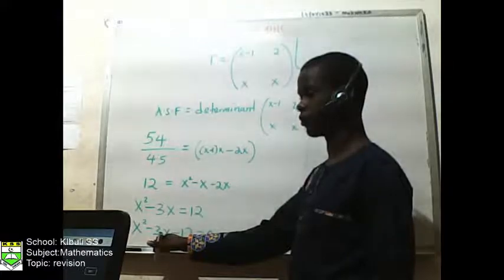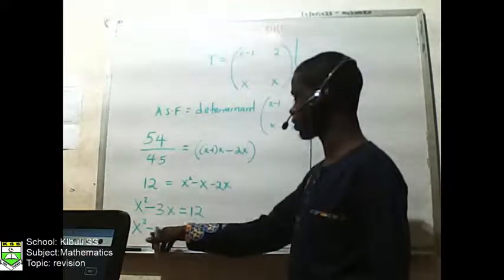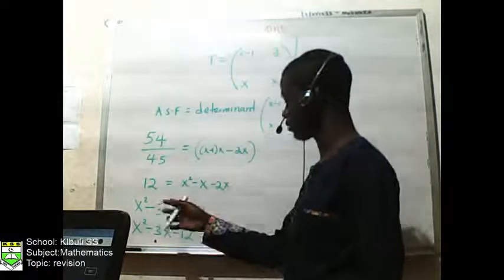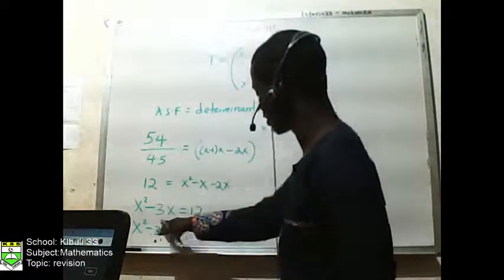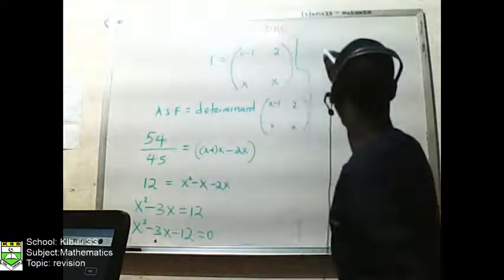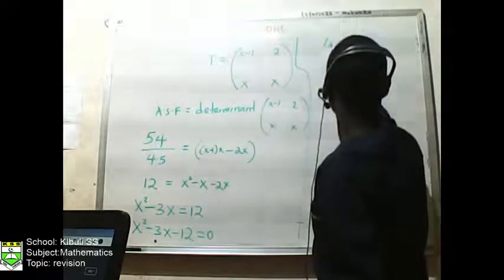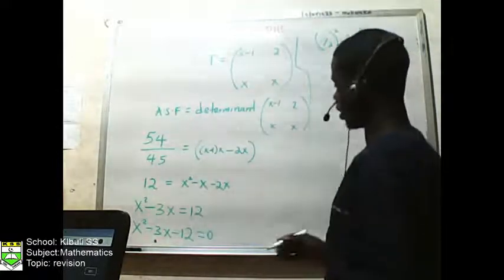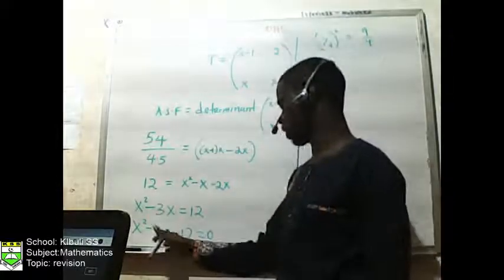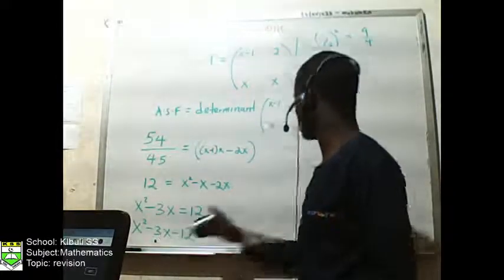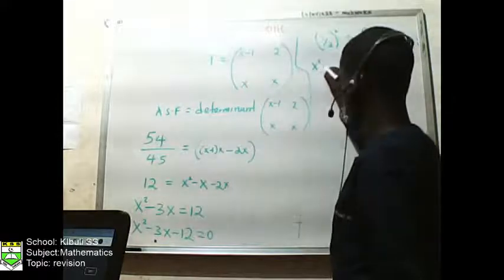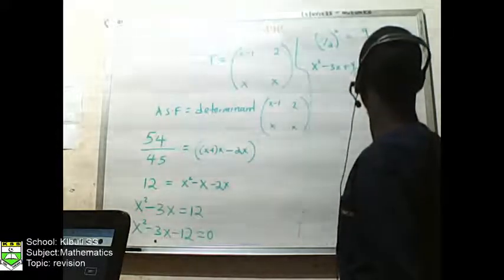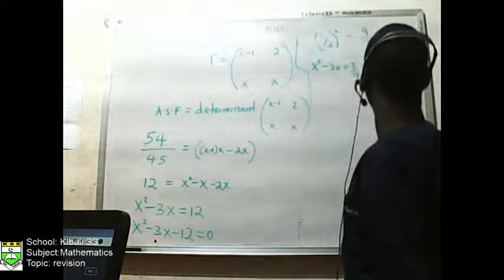The coefficient of x is 3, negative 3 in other words. But I don't take the negative bit of it. I just take the positive, the 3 without a sign. So I get 3 divided by 2 and then I square, which will be 9 over 4. Now after getting the 9 over 4, you come here and add and subtract it. So it's going to be x squared minus 3x plus 9 over 4 minus 9 over 4 minus 12